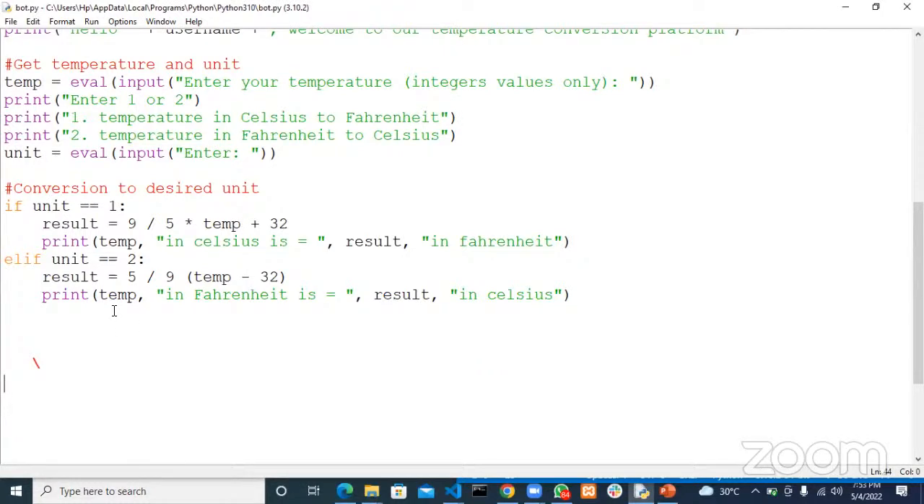So now I'll put in one more check, and that is the else. Else, if the user does not put 1 or 2, put in something else, because users can be very funny. Okay, users can be very, very funny. So I'll go ahead and let the user know that they have entered